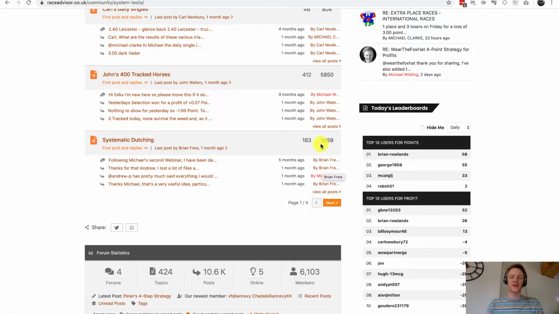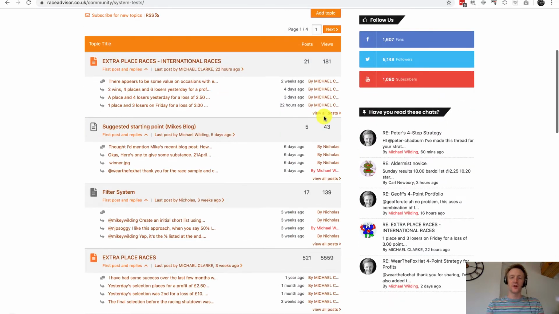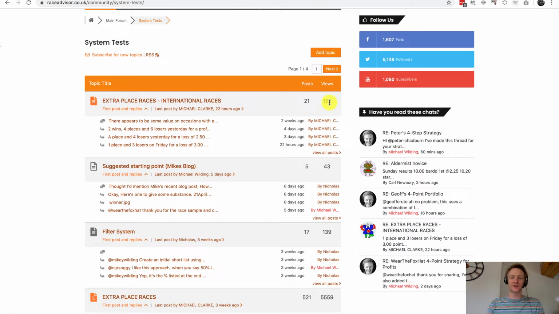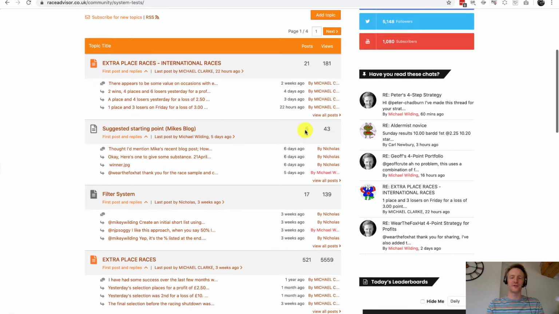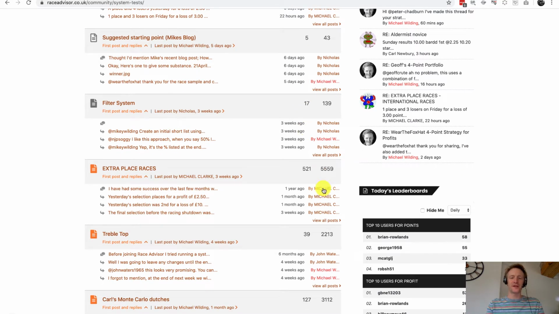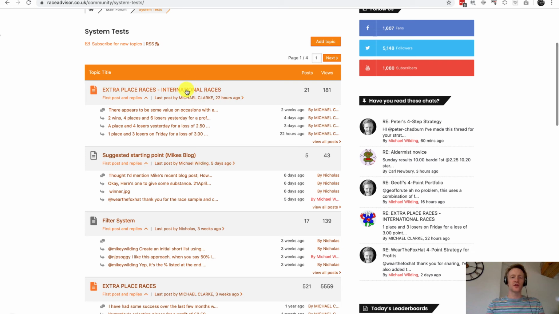You can also see how many views and how many messages are in each of these threads. If I scroll back up to the top, you can see that the views is on the right hand side and the number of posts in that forum thread is on the left. You can see the person who has made the comments on their names here as well. So if we just go into one of these by clicking on the top,